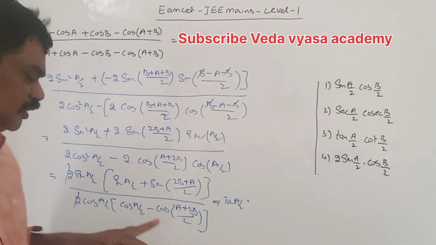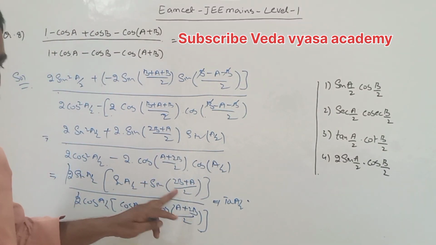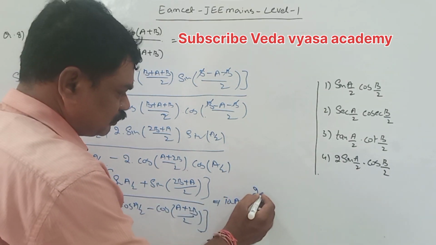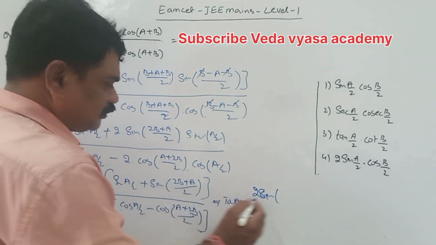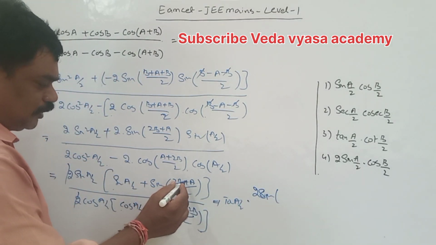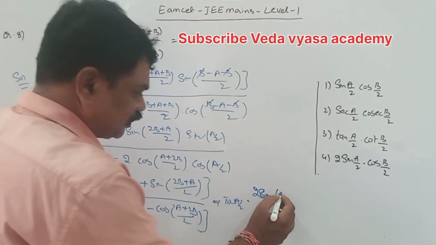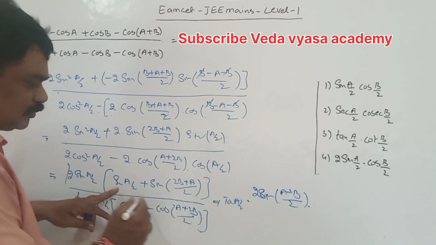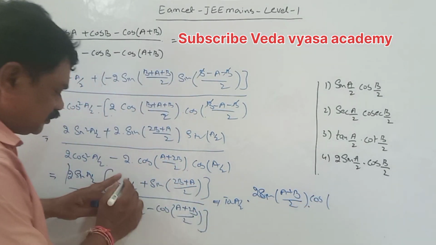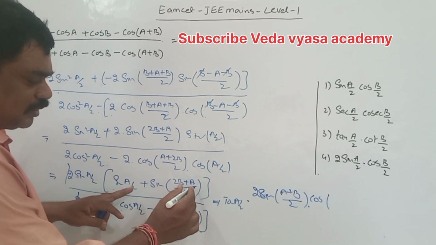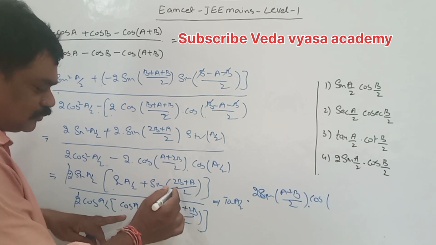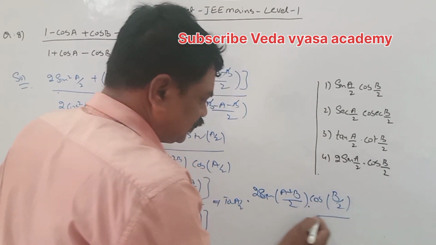Numerator is in the form of sin c plus sin d. Sin c plus sin d is equal to 2 sin of c plus d by 2 into cos of c minus d by 2. This is 2 into sin of a by 2 plus 2b plus a by 2, so this is sin of a plus b by 2 finally. This is into cos of a by 2 minus 2b by 2 minus a by 2. So minus a by 2 plus a by 2 cancel, 2b by 2 by 2, so b by 2 is there. So numerator is sin b by 2.